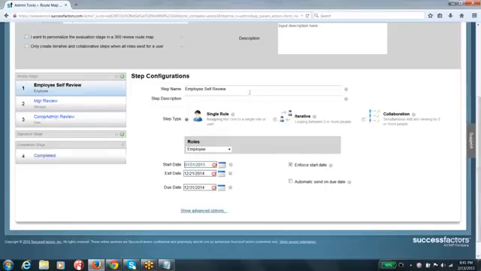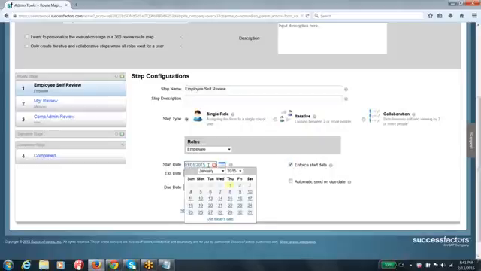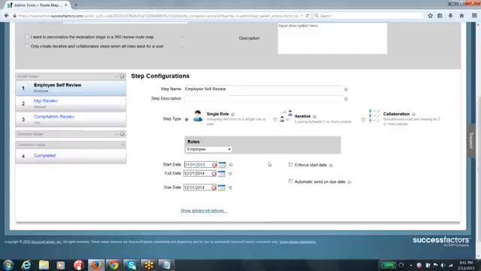But if this enforce start date checkbox has been selected, you will not be able to work on that particular form unless the current date is either this start date or greater than this start date, guys. So that is how your start date and enforce start date are going to be helpful to you, guys.